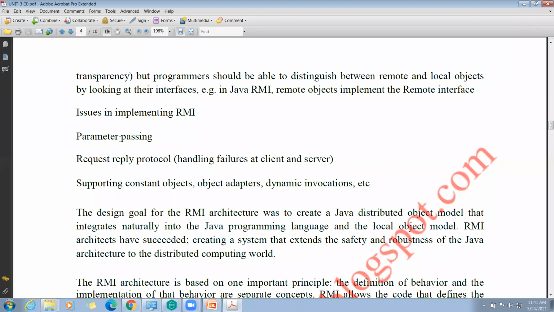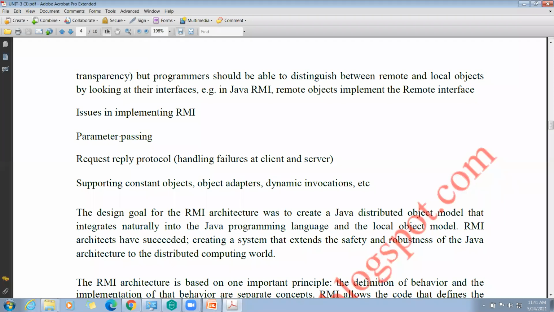In Java RMI, remote objects implement a remote interface. In the next slide, we will see how these remote objects are invoked by using client invocation.